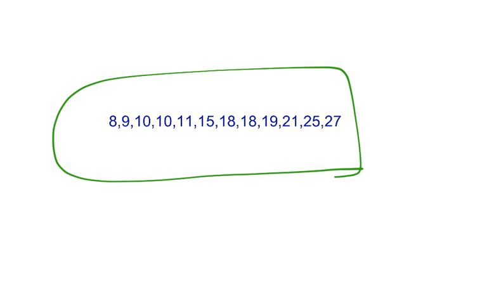Notice I have listed them all in order. So first off, how many numbers do I have? I have 1, 2, 3, 4, 5, 6, 7, 8, 9, 10, 11, 12. I have 12 numbers. So that means after 6, I have 6 below and 6 above. So 3, 4, 5, 6. This is the divider mark right here. So I have 6 below, and I have 6 above, so this one here is the first quartile. I have it right here also. So that's your